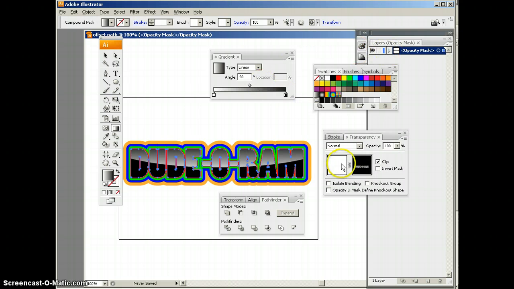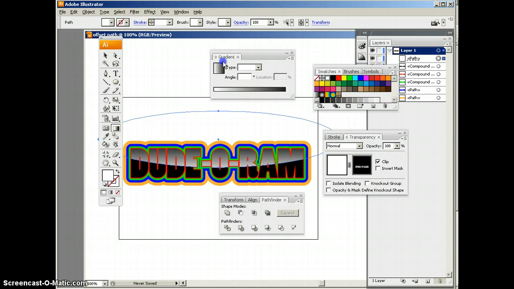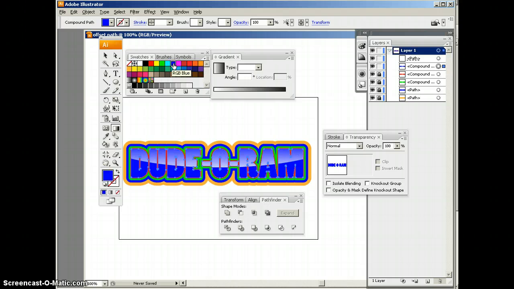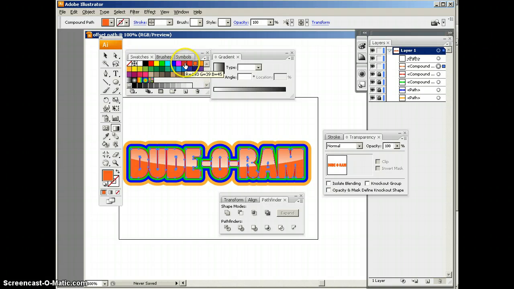So if I go back into my layers palette, and the way to do that is to go back into your preview window. I'll go back to that black word there. Let's say I change it to blue. Okay? And so you can see that right now. I can change it to red or orange, and you get that effect. Now, why don't you have to change the gradient? It has to do with the fact that